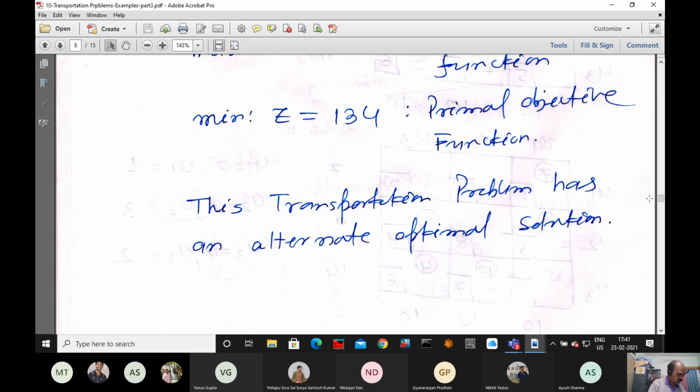This transportation material I will give you. Many things are there, still we will discuss. 27th is Saturday, 27th, 28th. March is there, 1st, 2nd, 3rd. Up to 3rd, you said that it is break, isn't it? 27th to 3rd. Yes, sir. So one week completely we are losing. Okay, no problem.